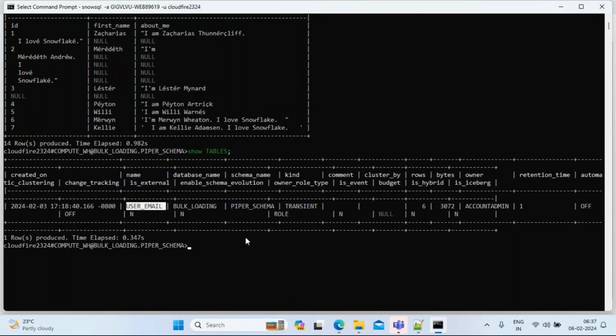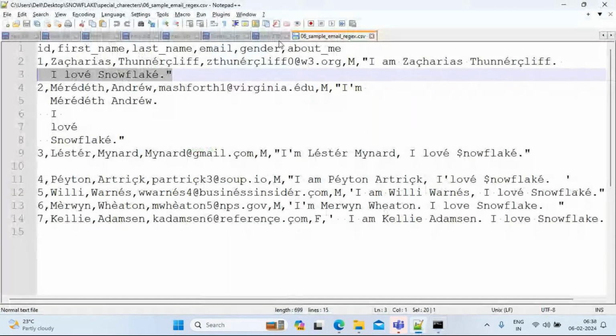Now I have created the tables as well as uploaded the data into the user stage. Next thing is I want to use the file formats. Now for file formats,